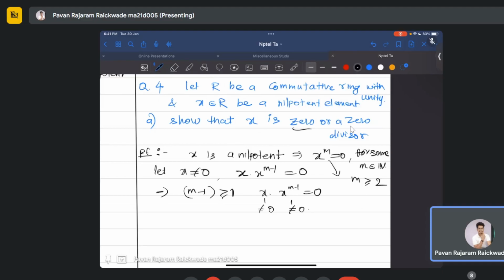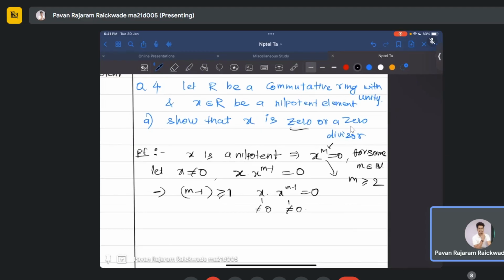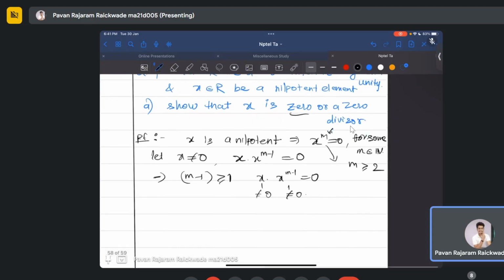right? I mean, this m you take here is the least integer m for which x power m is 0. Then I can conclude that x power m minus 1 is non-zero. So you can write x and a non-zero element of the ring. Their product is 0, which implies x is a zero divisor,